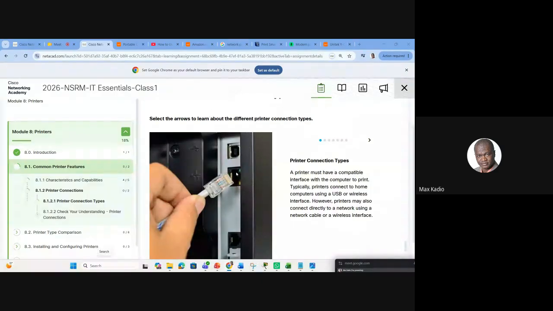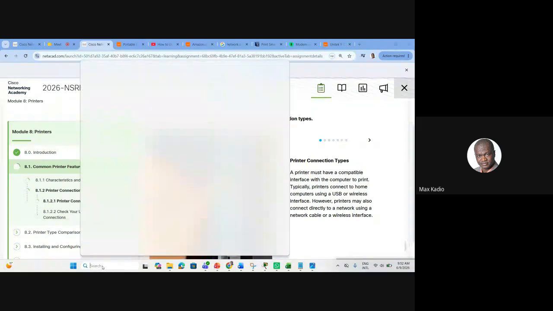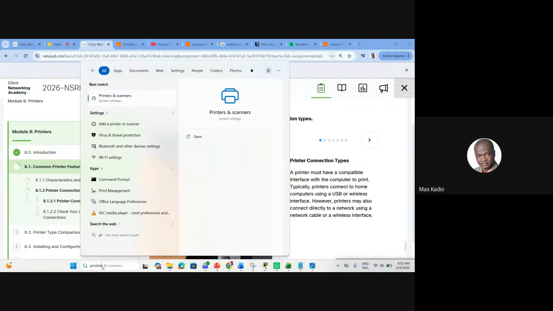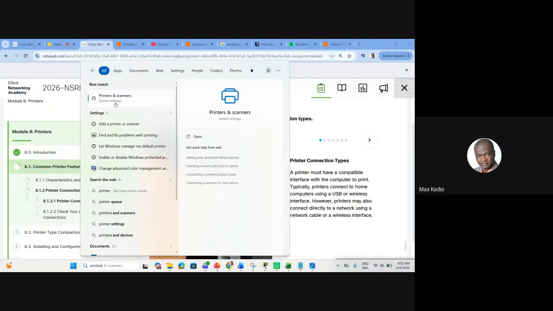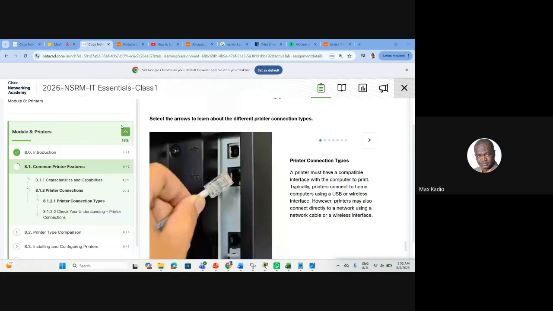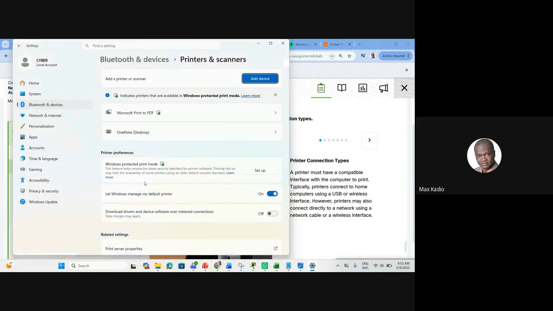And how to set up: you come here, you tap printers and scanners, or add printer, it's fine. Listen, let me add in your question. I'm preparing also some questions.